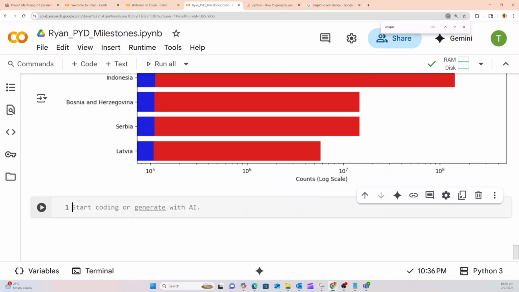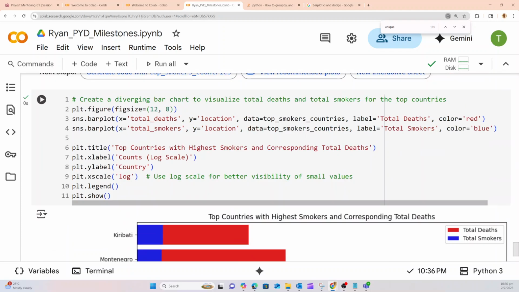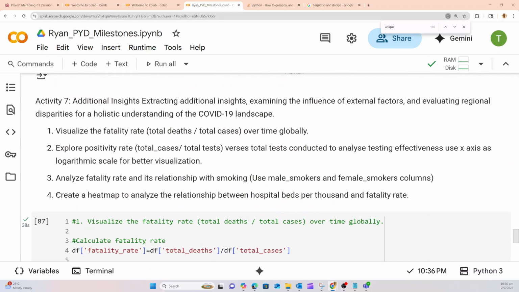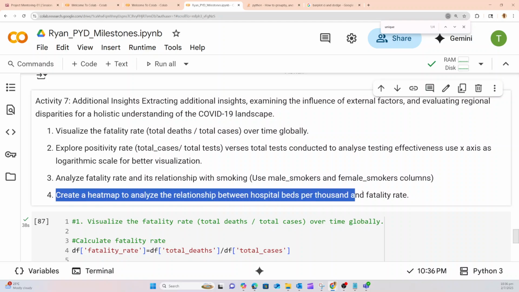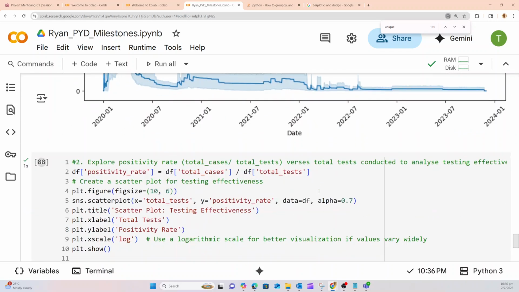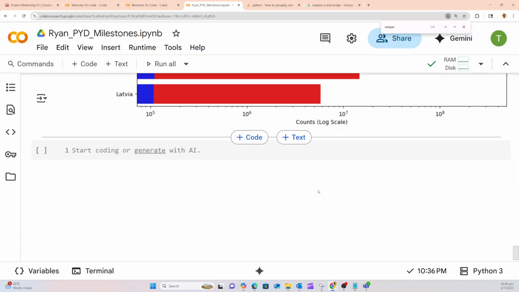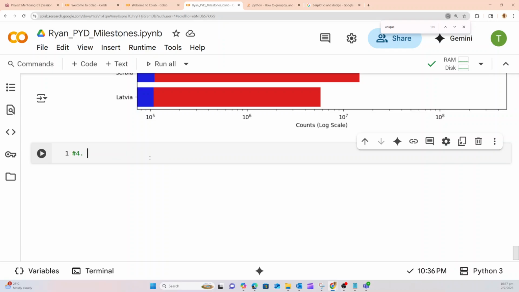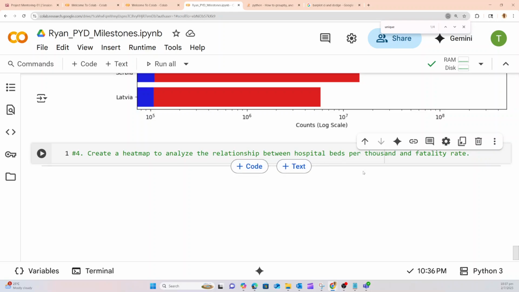The last part is to create the heat map. Go back to this. Create the heat map of the relationship between hospital beds per thousand and the fatality rate. So whether there is any relationship between hospital beds per thousand and fatality rate.